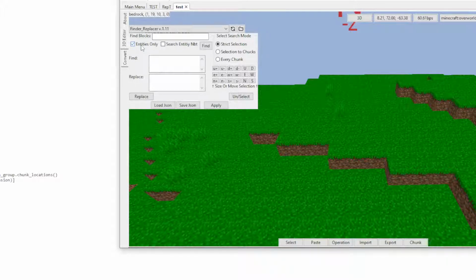That's the hard part. Entities only. This doesn't mean entities as in mobs. This is the data they store in another location containing the items inside of your chests